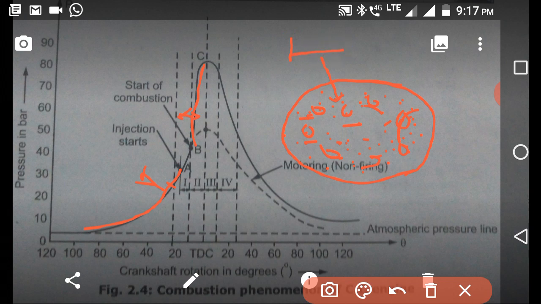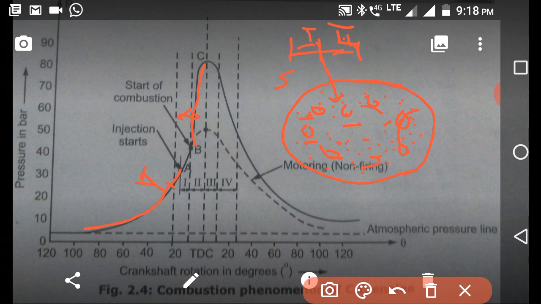So you can say that if we are starting the fuel injection over here, till this period there is an ignition delay period. Now at this point every molecule has attained its self ignition temperature, so an uncontrolled phase will occur, but fuel injection keeps on going. This is the second stage. I am showing the first and second stage over here in terms of fuel injection. At this point we have started the fuel injection, and it keeps going on.